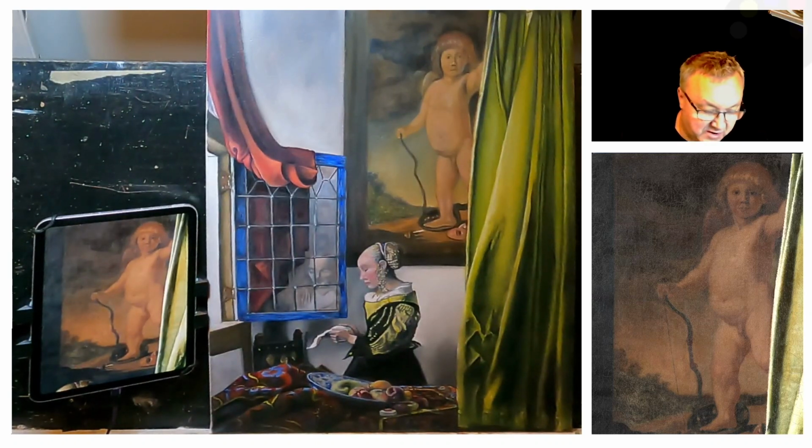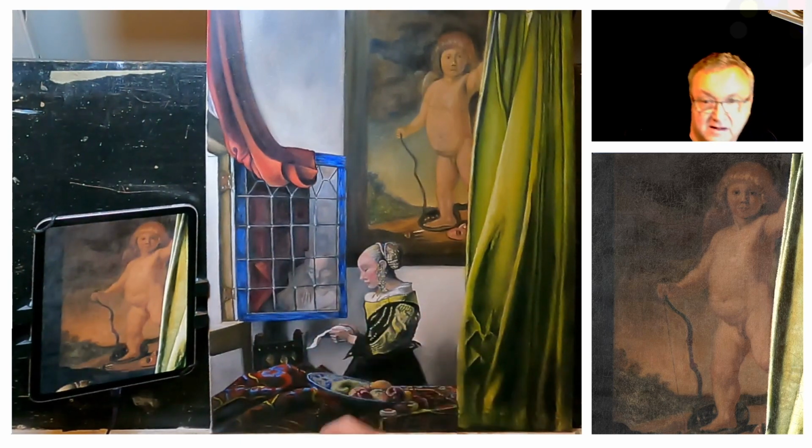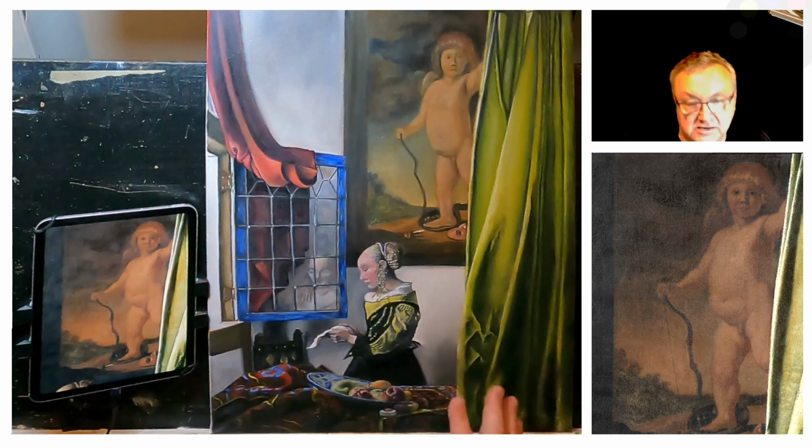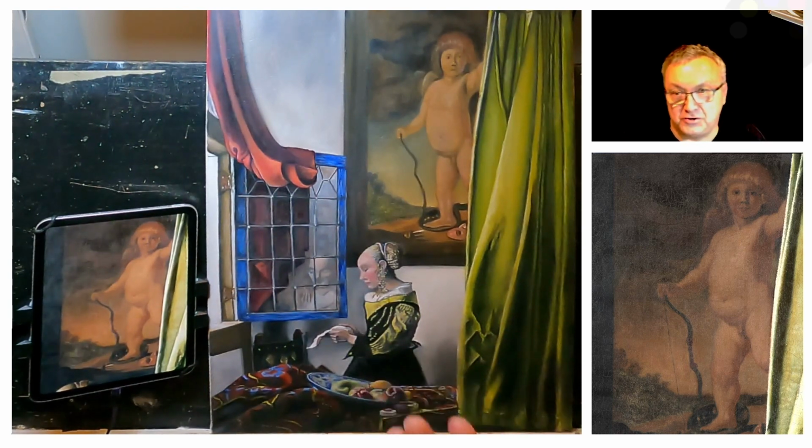So today we're going to be working on our Vermeer reproduction of the girl reading a letter at the open window. We're actually into the detailing phase, and when I say detailing, I'm not just talking about picking up tiny little areas and detailing. It's like the finished blocking. Everything's all refined. We're not going to make any major modifications. This is pretty much the painting, so now it's a matter of how far you want to take it as